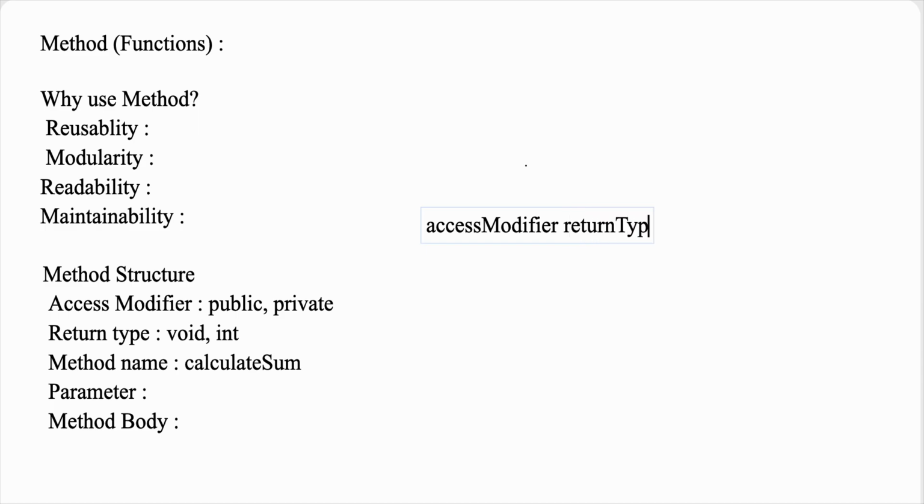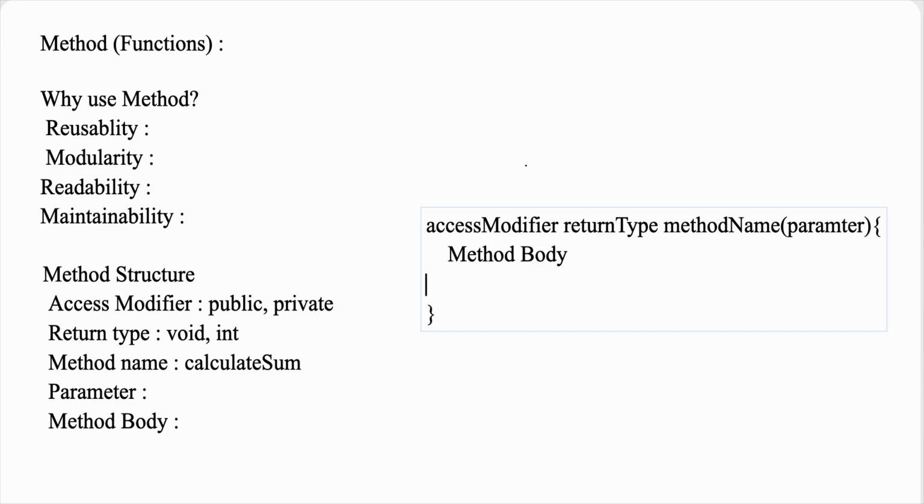return type. Okay, third thing, it's a method name, method name. Okay, the fifth thing, it's a parameter. And inside the curly braces we can say it's a method body. This is method